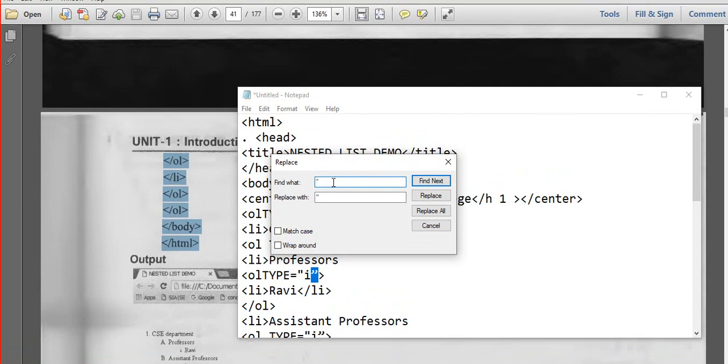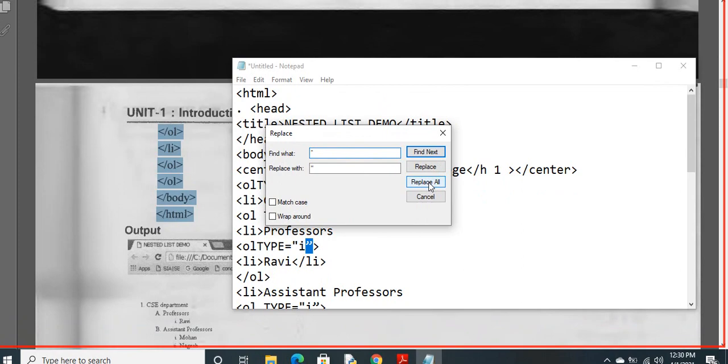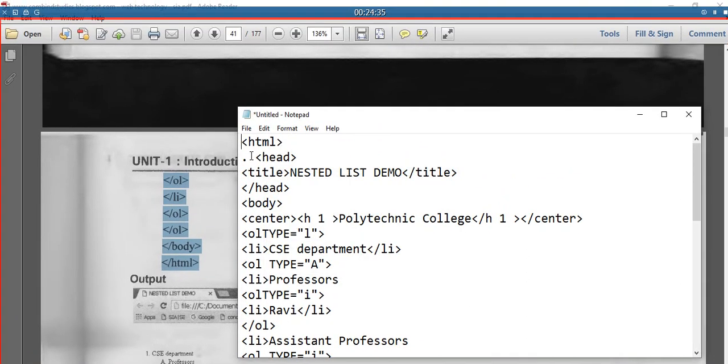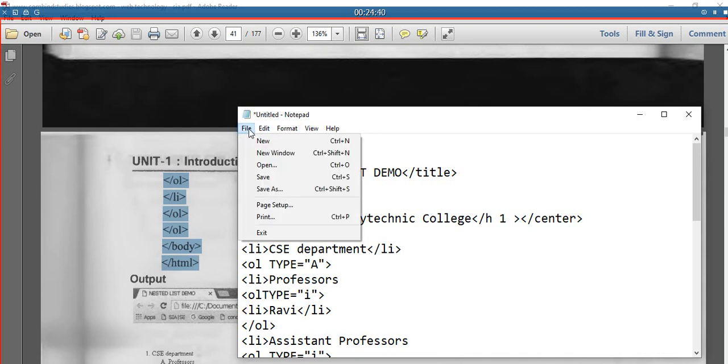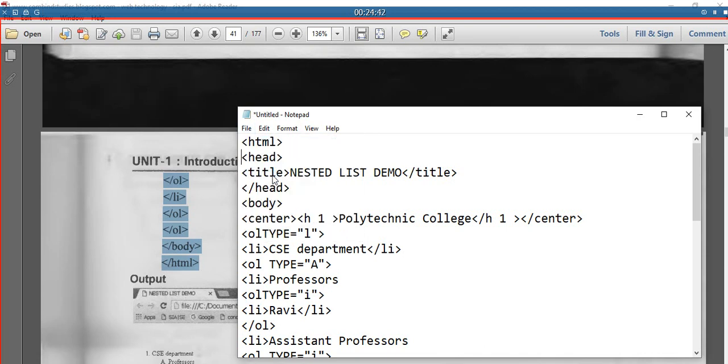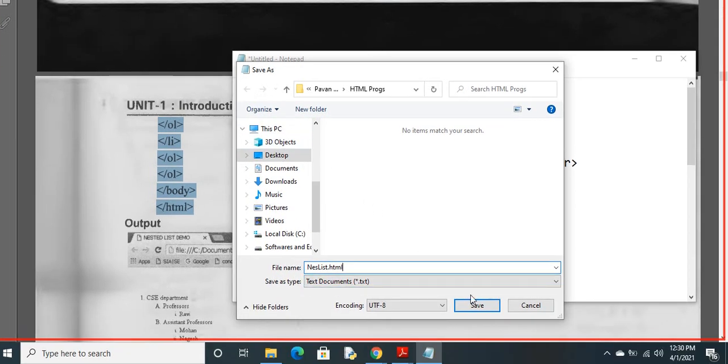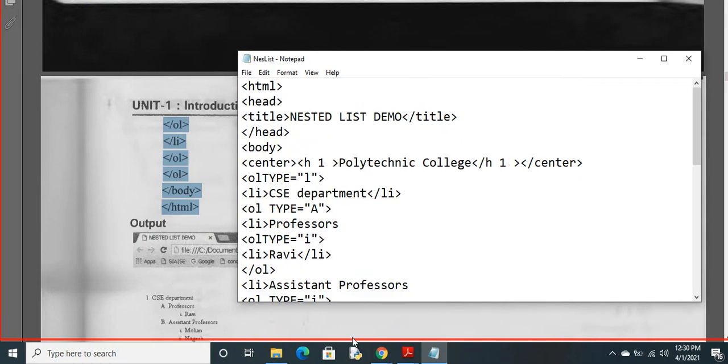File, save, nest list dot html. Nested list, a list inside another list is called a nested list.